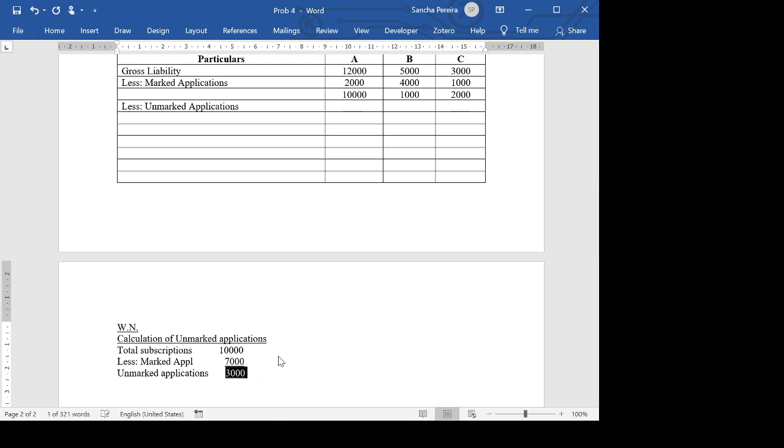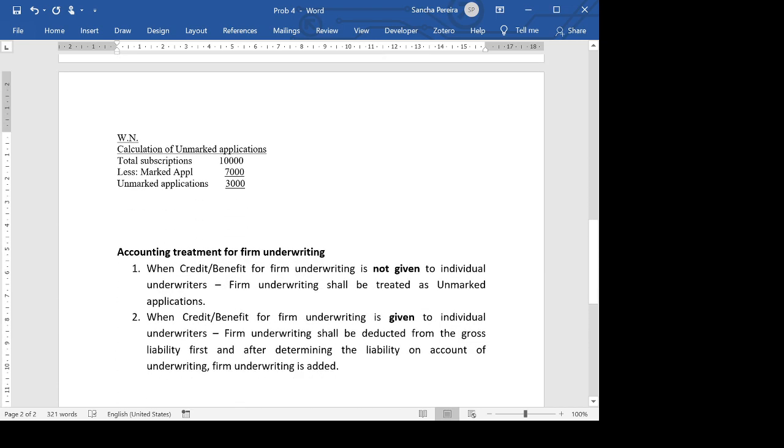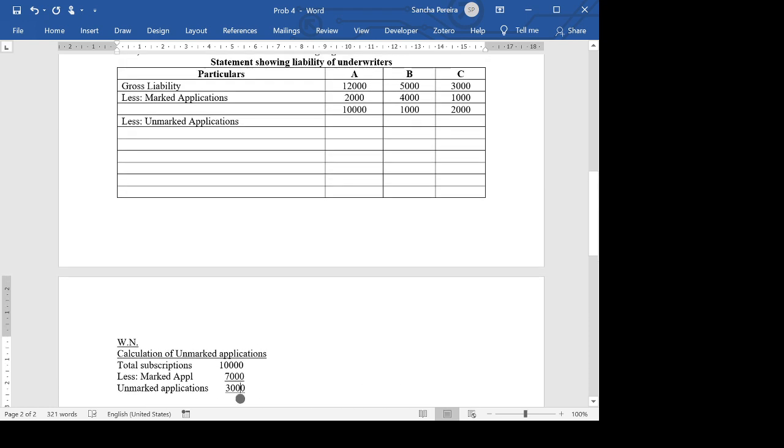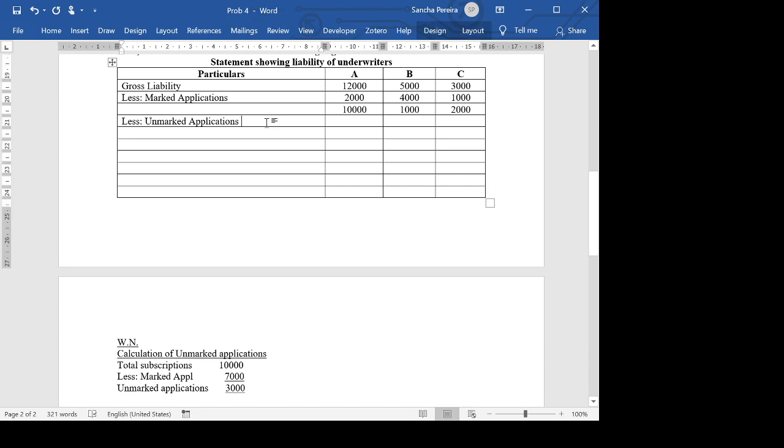Now, since we are solving under benefit given, unmarked application, firm underwriting does not have to be added to unmarked applications. You minus the unmarked applications as they are. You don't have to add firm underwriting to this because it said here in the note, when credit for benefit is given, firm underwriting shall be deducted from the gross liability. It didn't say shall be treated as unmarked applications. So this 3,000, I'm just going to minus in the ratio of gross liability, 12 is to 5 is to 3. If I take that 3,000 in the ratio of 12 is to 5 is to 3, I will get